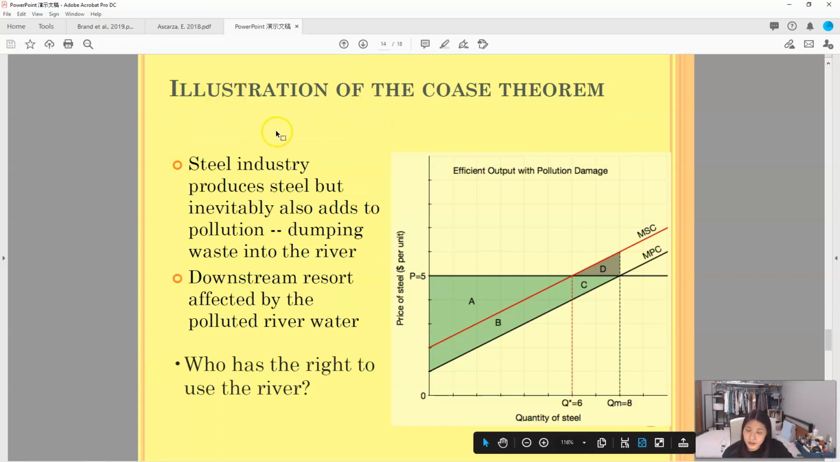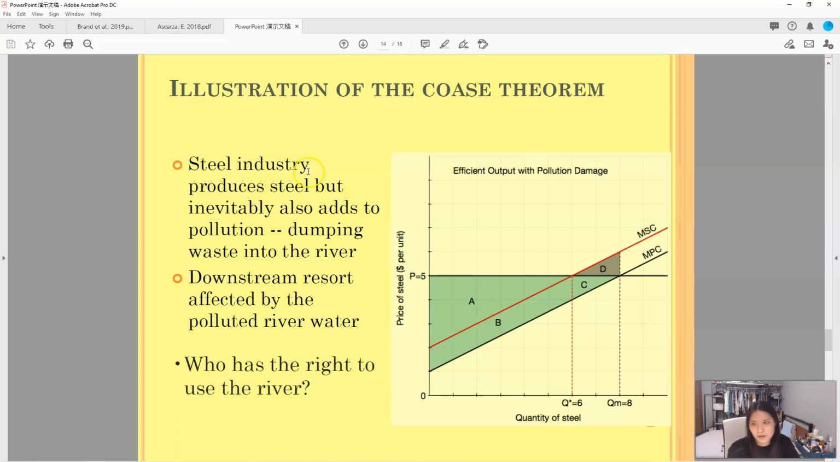Let's go to the second example of this video, and when I finish this example, the video is done. So let's go back to the demand and supply curve again. It's about the negative externality we talked about before. There is a steel industry. It produces steel, but also produces some pollution to the environment. It produces some waste into the river. Then the river is